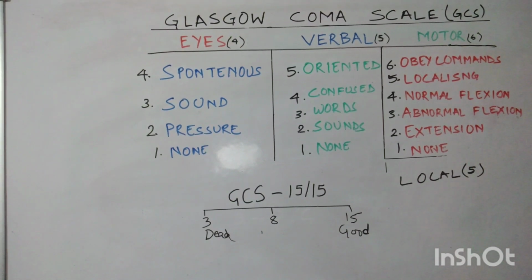Hello students, in today's lecture we are going to study the Glasgow Coma Scale, which is used basically in neurology. Whenever a patient meets with an accident, a road traffic accident, or gets injuries to the head and spinal cord, and he is unable to move his limbs or talk, is not cooperating, is not oriented with the environment or family members, and is unable to recognize them, then this type of scale is used